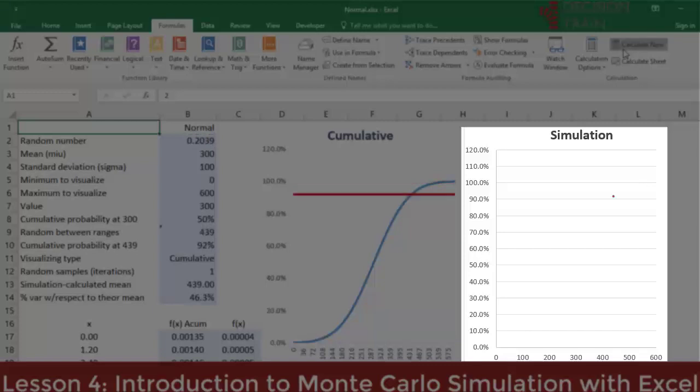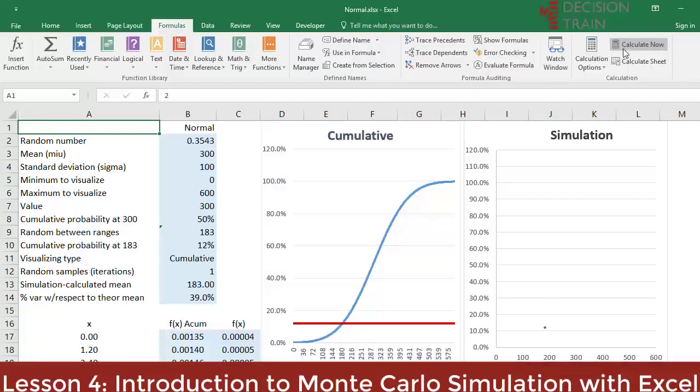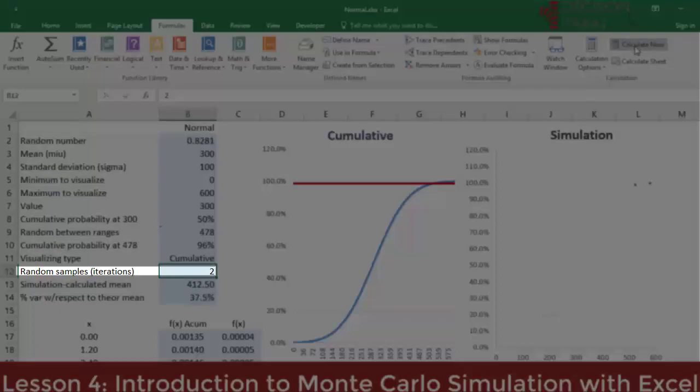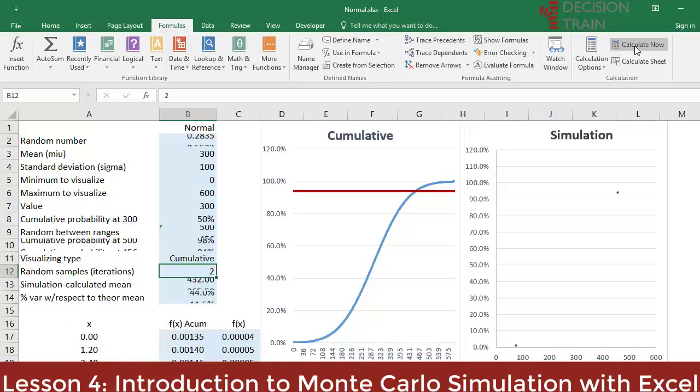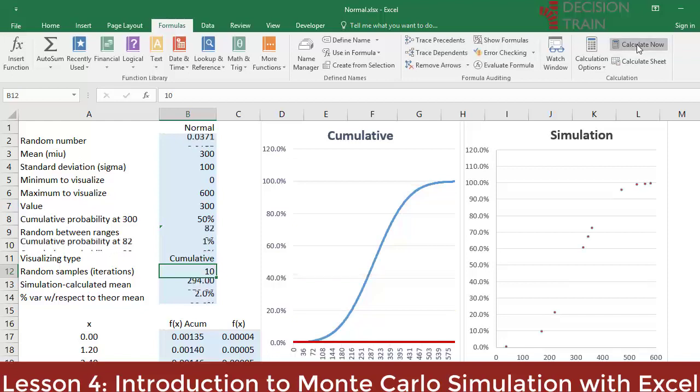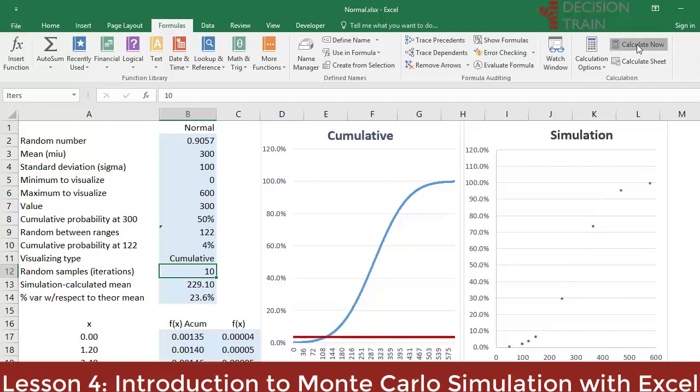Every time I recalculate, the point is positioned at another point in the probabilistic space. Two random samples, instead of just one, would start to oscillate like this through the accumulated space. The first 10 samples, also called iterations, begin to draw a cumulative curve, just like the one that theoretically begins to be drawn.